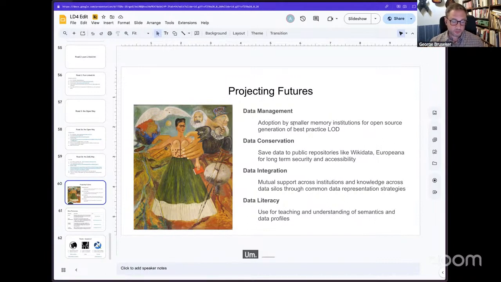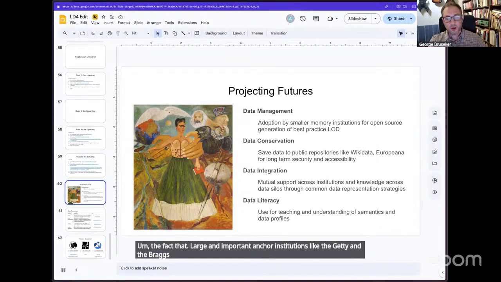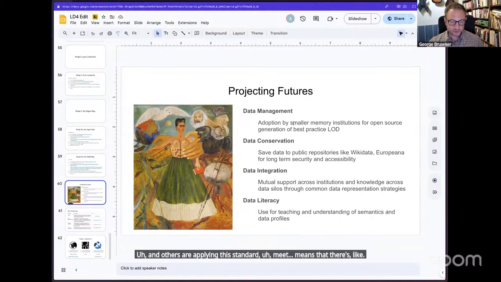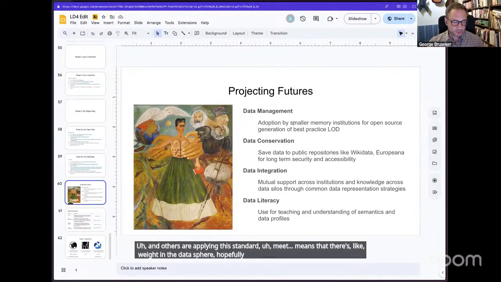The fact that large and important anchor institutions like the Getty and the Rijksmuseum and Yale and others are applying this standard means that there's weight in the data sphere, hopefully, that makes it interesting to do the difficult and challenging data integration process.